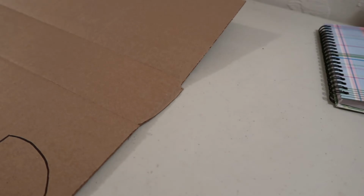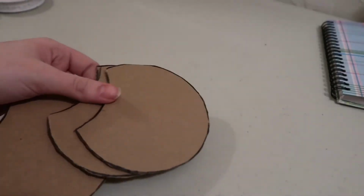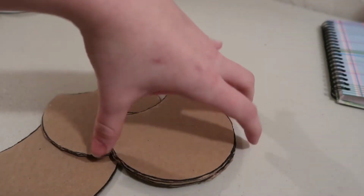So I'm just going to take each ear and cut these out. Your goal is to make them about all the same size, so that's why you have the template. Try to cut them right on the black line and keep that consistent for all of your different ears. So once you have your 4 little circle pieces cut out,